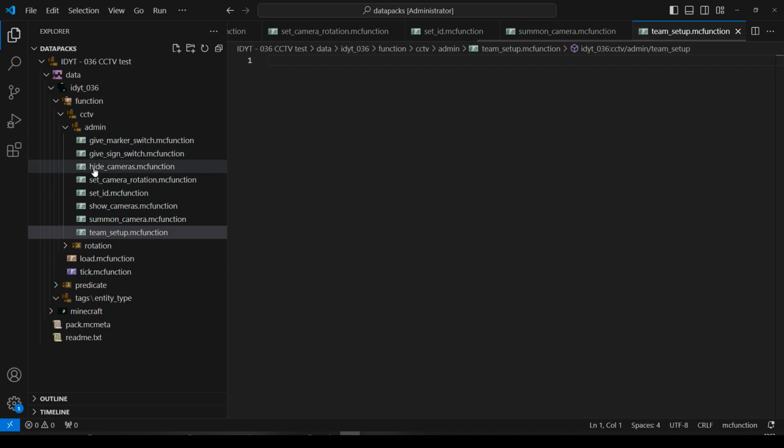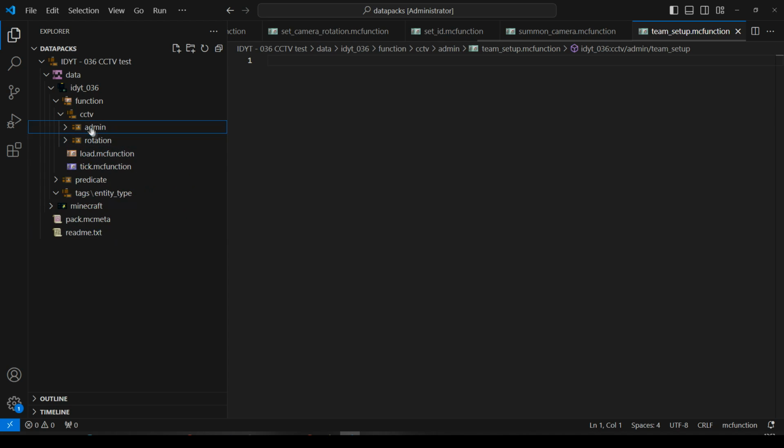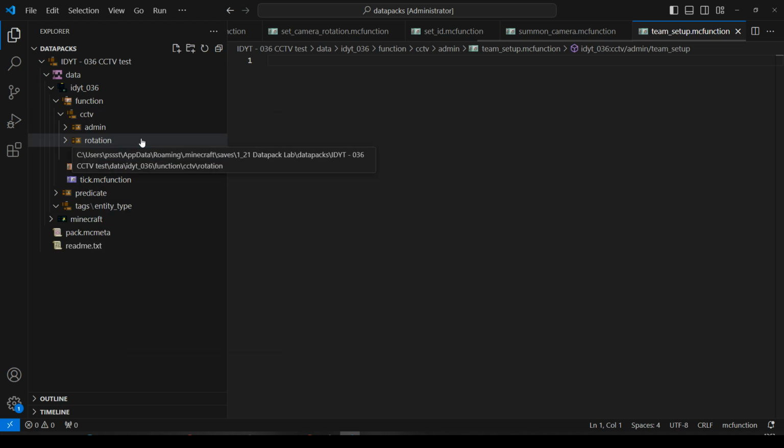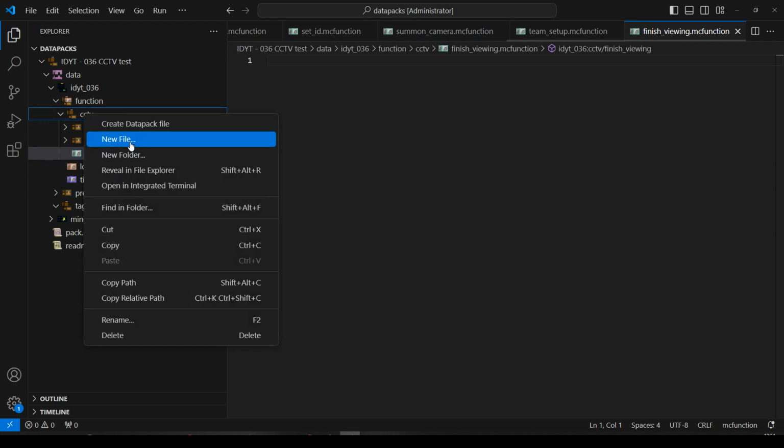Okay, so that's all in admin. Let's shrink down admin. Now in CCTV, I'm going to add finish viewing. That's going to deal with the player once they finish viewing a camera, which will happen when they press shift. Also in CCTV,